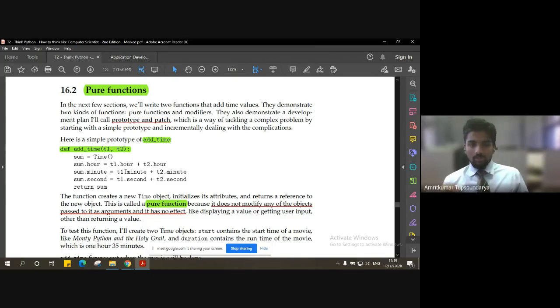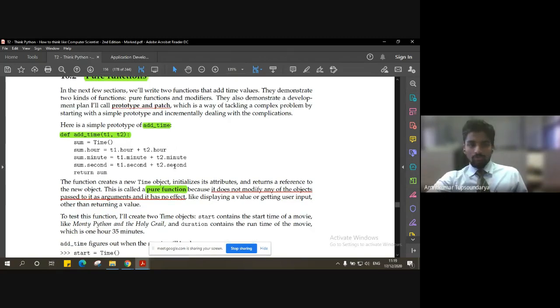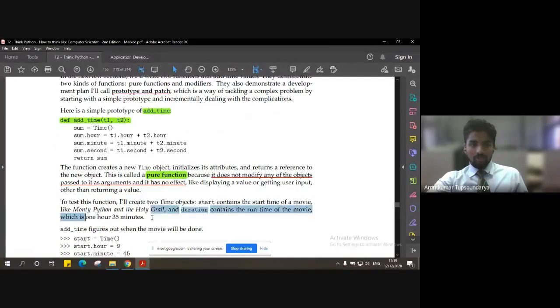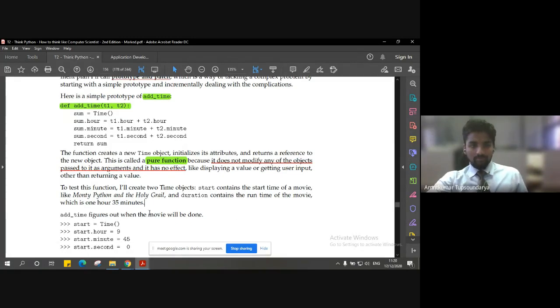But the question is, how do we understand when we have to record that time? For that, we need to have the duration of the movie as well. So let's say that the duration of the movie is 1 hour 35 minutes. So we now understand that we have to record a time, the first time T1, you can say the start time, and we have to record the end time after 1 hour 35 minutes.